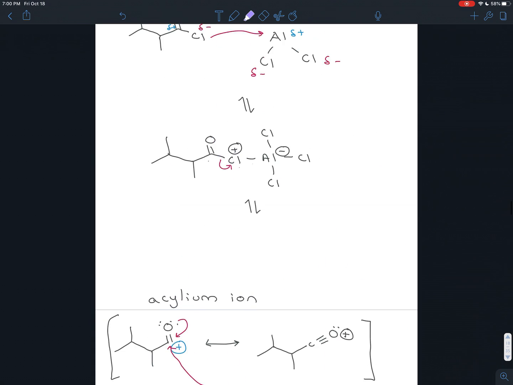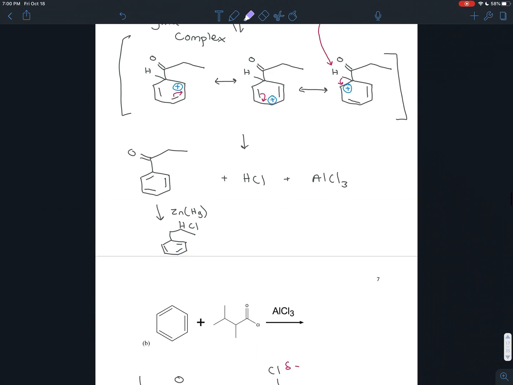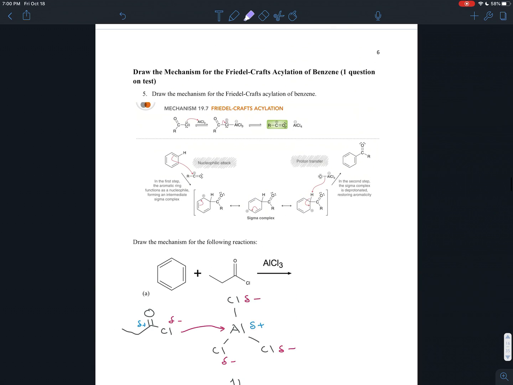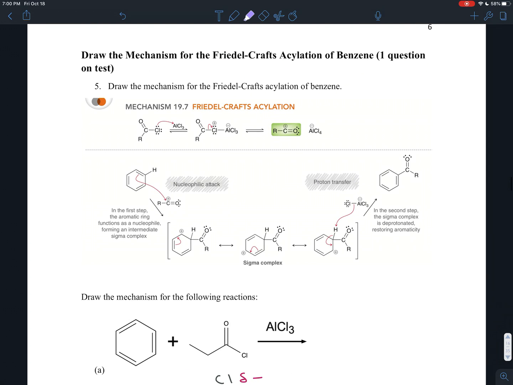So that's Friedel-Crafts acylation. It should seem very similar to you to Friedel-Crafts alkylation. The only difference is that you get that acylium ion, and that acylium ion helps to stabilize that carbocation intermediate so that you don't get carbocation rearrangement. So you're able to form carbon-to-carbon bonds from a benzene to a primary carbon. And that is the magical Friedel-Crafts